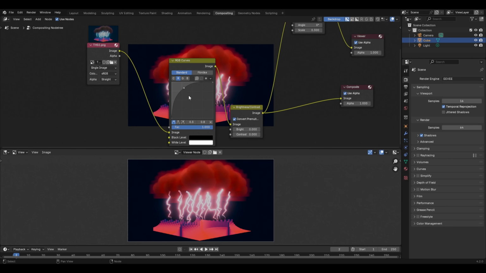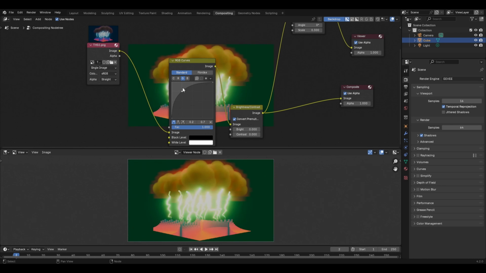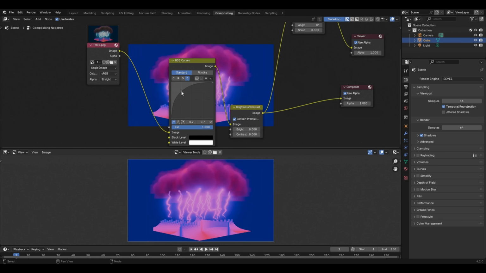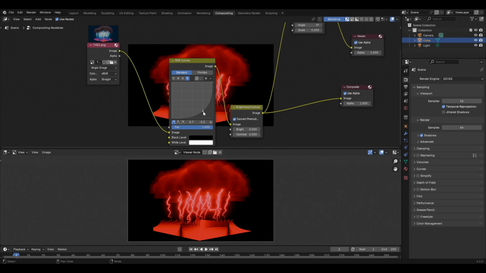Now moving ahead, let's also discover the green channel, and in this one also, if I left click in the middle, then a pointer will get added, and if I move it upwards, then in this case the amount of green color will increase, and if I move it down, then we'll hardly see any green color in the image. Similarly, if I select the blue channel, then create a point in the middle and move it up, then in this case the amount of blue color will increase, and if I move it down, then we'll hardly see any blue color in the image.